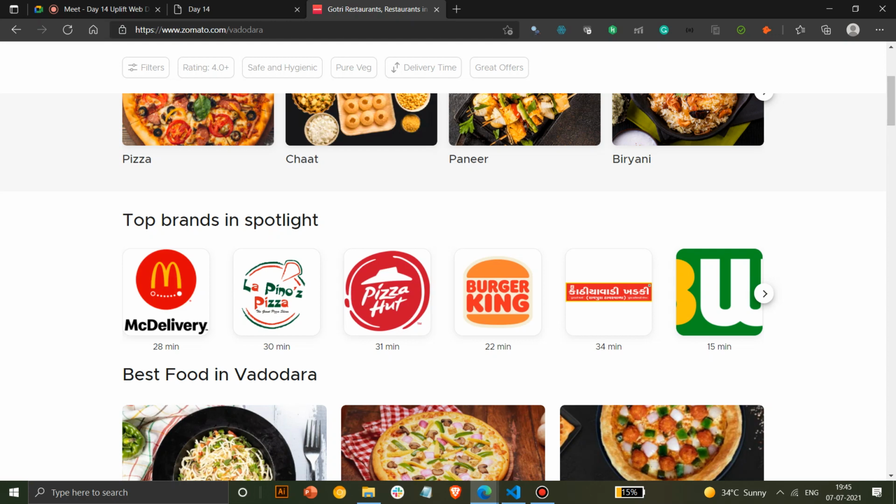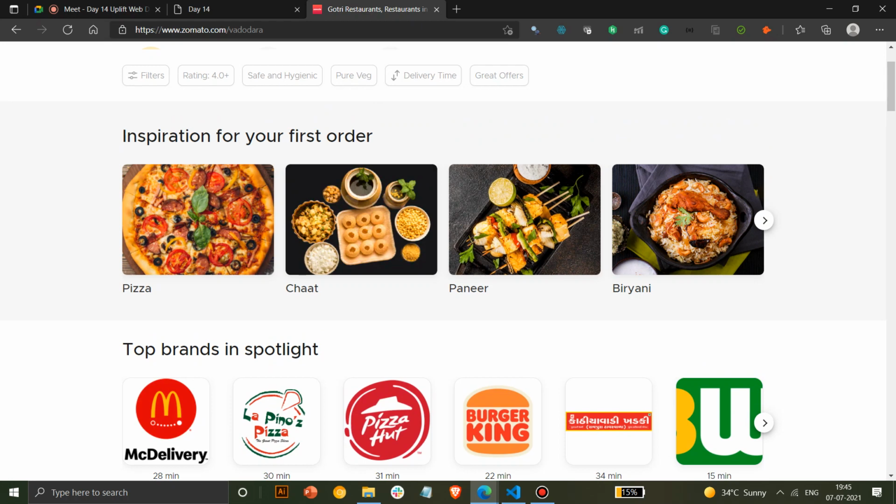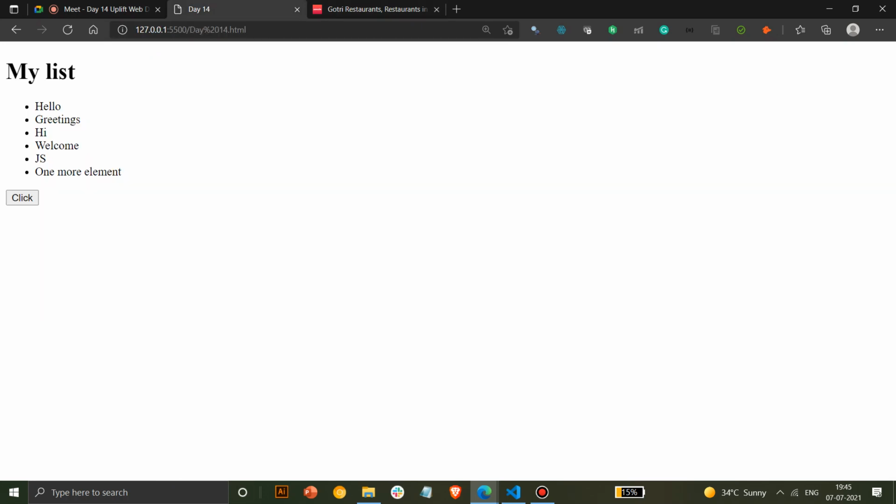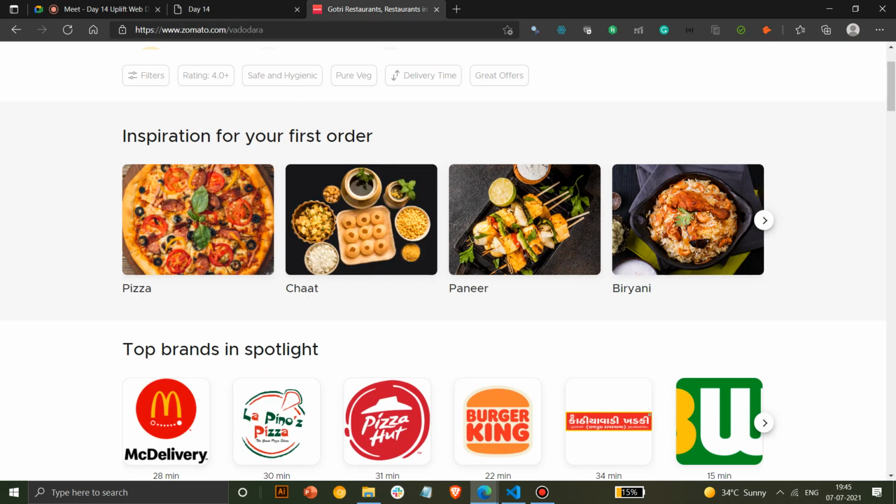If you select pizza, paneer and biryani, as soon as you select all three of them, it automatically puts a square box around them and shows they're selected. That's happening through JS. Also, nowadays if you select pizza, paneer and biryani, it will show them in the next line as your selections. Or if you move to the next page, it asks whether you are sure these are your selections, and it will show it in that format.